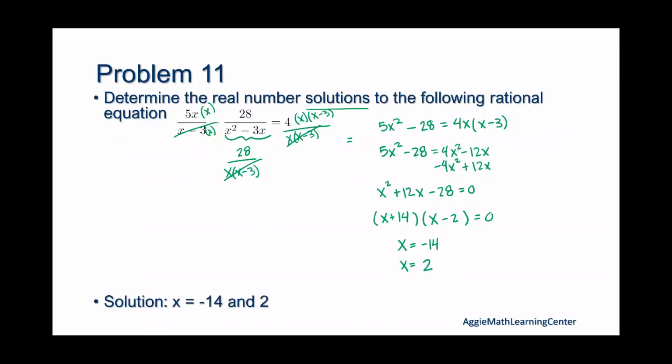Do you guys have any questions about anything we went over or anything we wanted to check on again? Just one thing to be careful with these. Because we did have these x squared in the denominator, that means that x can't be equal to 0 and x can't be equal to 3. So if by some chance at the end you got a solution that was x equal to 0 or x equal to 3, you'd have to make sure to throw that out. So just keep in mind what your denominator is. They can't be equal to the zeros of the denominator, because then you'd be